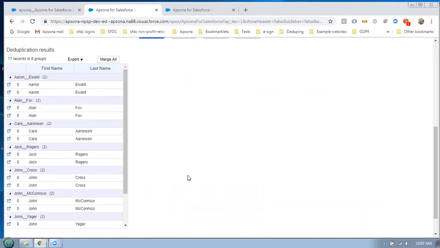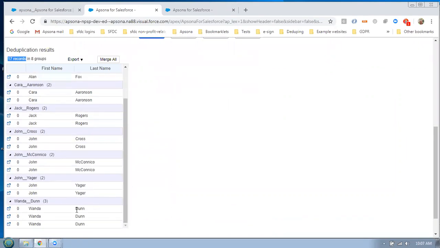And you immediately see a list of duplicates. And it is telling you, well, there's 17 records in 8 groups. So it found 8 duplicate groups and a total of 17 records. Clearly, one of them has 3. Well, here's one group with 3 duplicates. Wanda Dunn happened to occur 3 times in this database. Now,